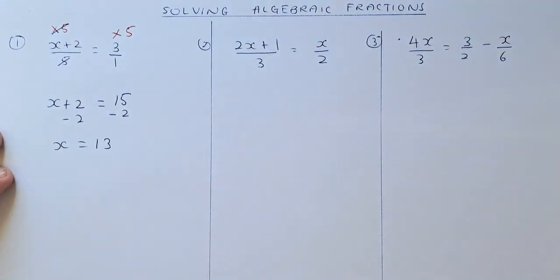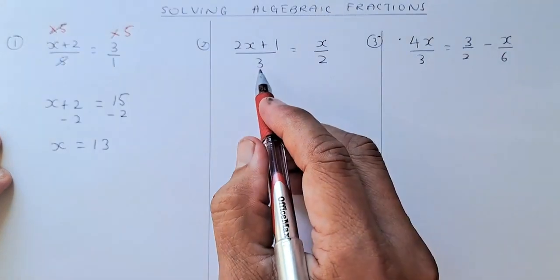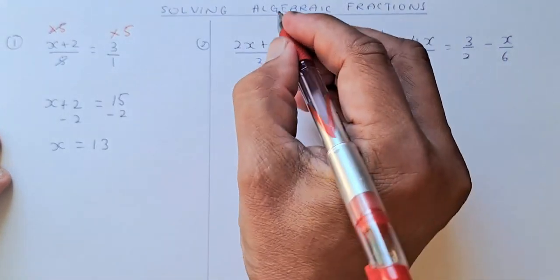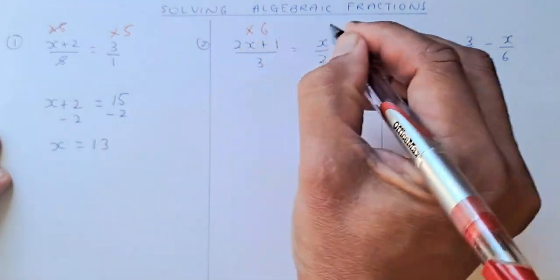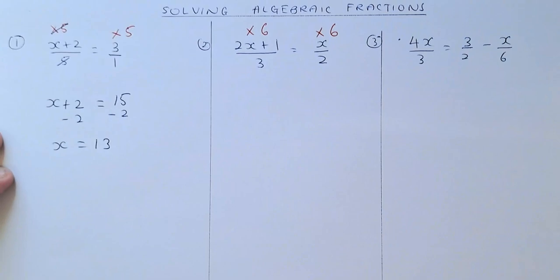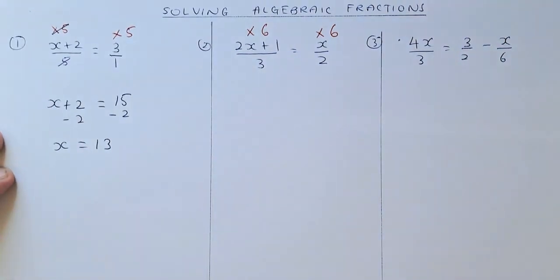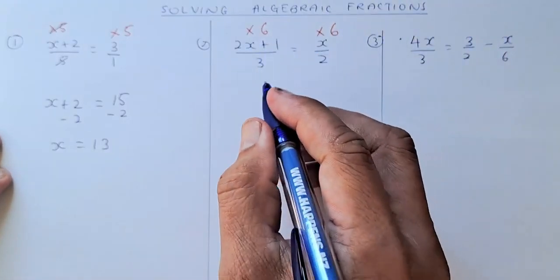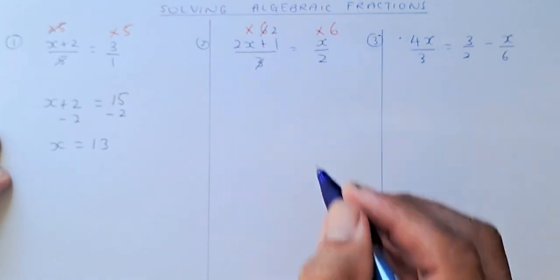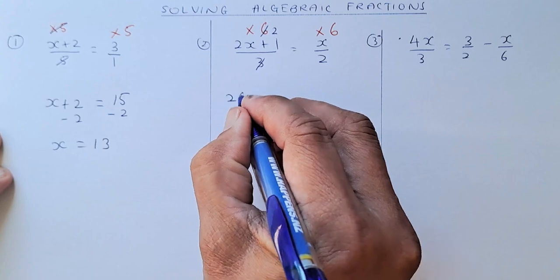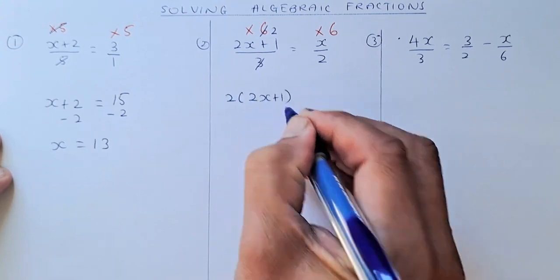Okay, let's look at the second example. The second example is (2x + 1)/3 = x/2. The lowest common denominator of 3 and 2 is going to be 6. So you multiply by 6 on the left, you multiply by 6 on the right, and you get rid of the fraction immediately. When you multiply by 6, 6 divided by 3 is going to be 2. The 3 will cancel out, so what you are left with is 2(2x + 1) on the left hand side,